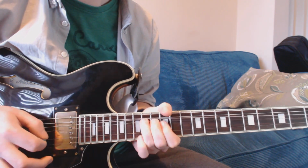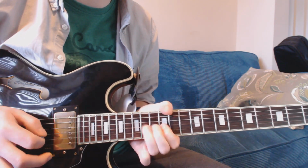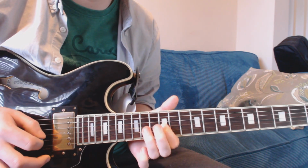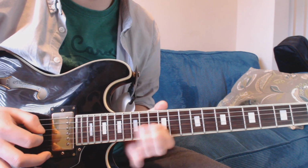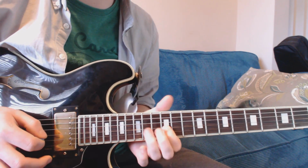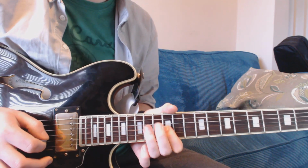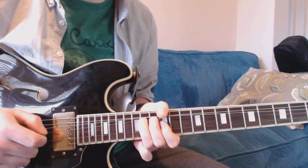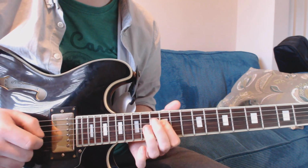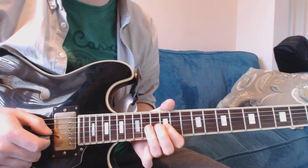Then you go 12, slide to 14, back to 12, or you can do a hammer on pull off. That's 12 to 14, back to 12 on the G. Then we have 12 to 14 on the D, and you do a little hammer on, and we've got 12 to 14 on the G,